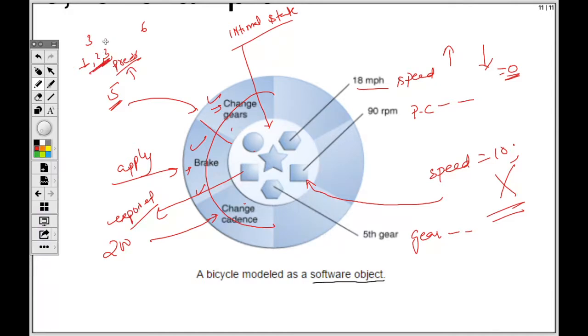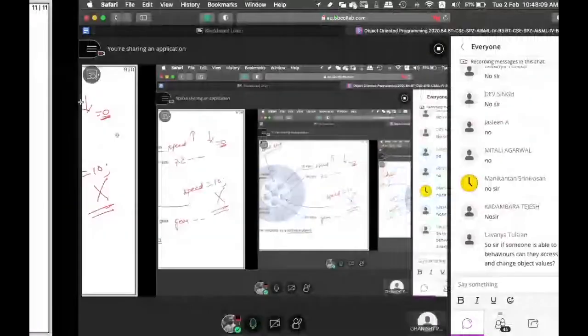Why? Because that machine you see there that changes the gear is basically the behavior to change the gear. There is a clip attached that will not allow you to go beyond 3. Similarly, if you go down to 1 and try to reduce more, again you will feel some resistance. It will not allow you to go below 1. That is controlling that you cannot go below 1 or above 3. Are you getting my point?